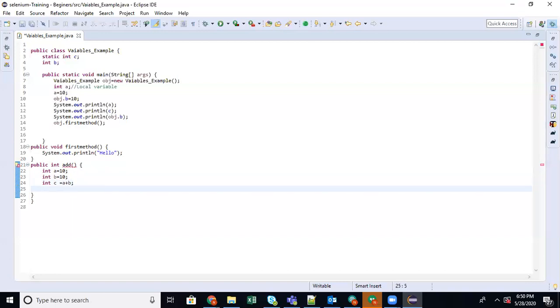To return the result, I have to use a keyword called return, and whatever value I'm returning, the variable or the value. If you want to return a number straight away, you can, or you can return it through a variable also. Now I am just sending the variable which is of type int.